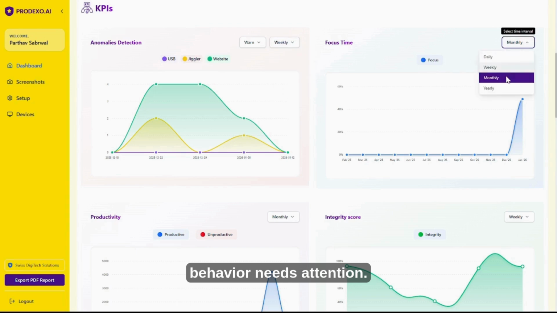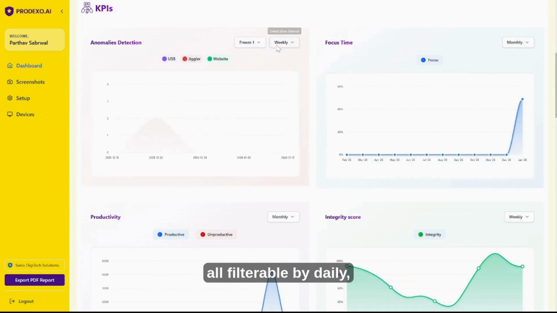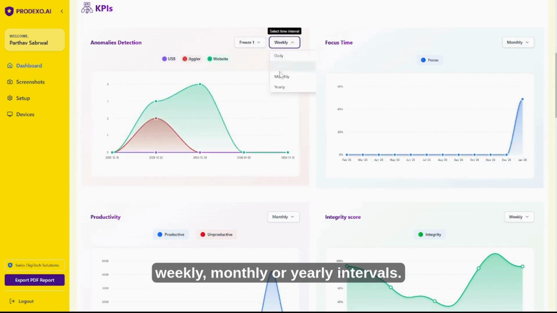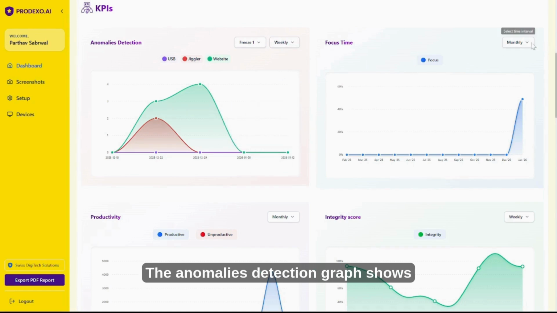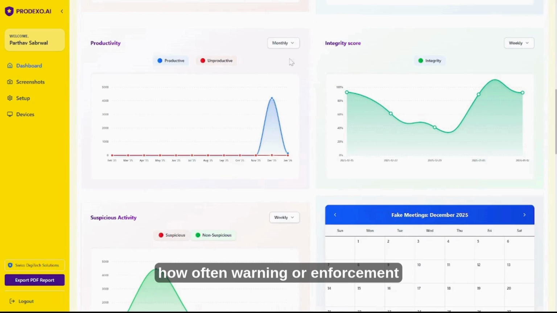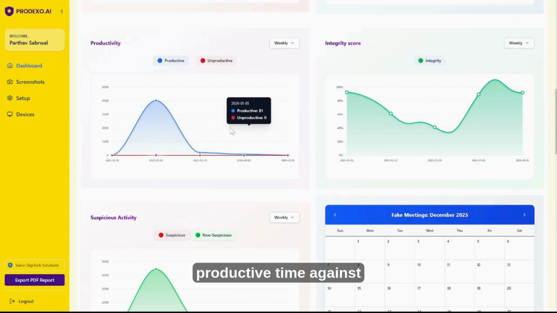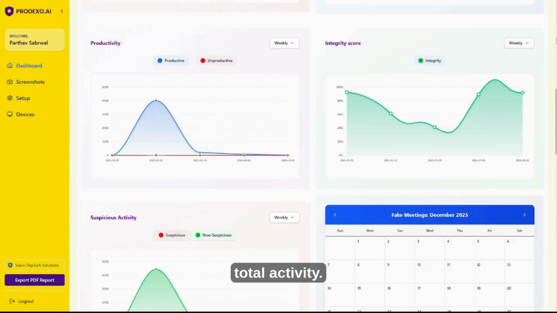Below the KPIs, we have multiple trend-based graphs, all filterable by daily, weekly, monthly, or yearly intervals. The anomalies detection graph shows how often warning or enforcement actions occur over time. The focus time trend compares productive time against total activity.